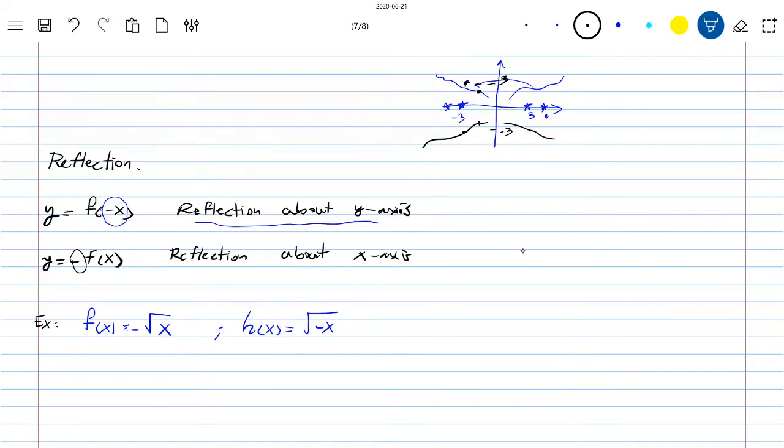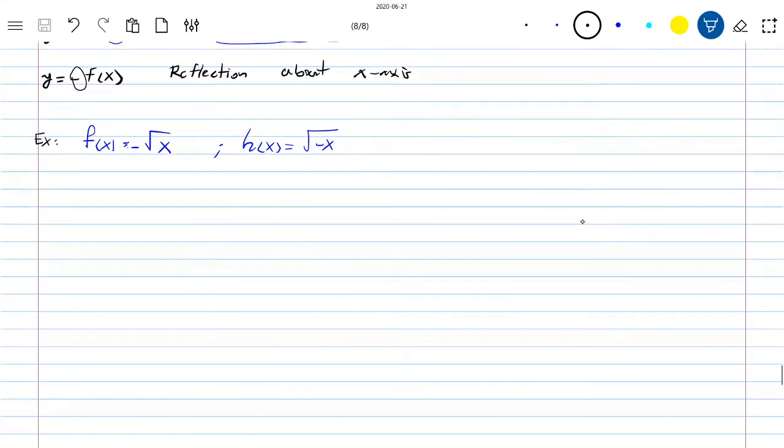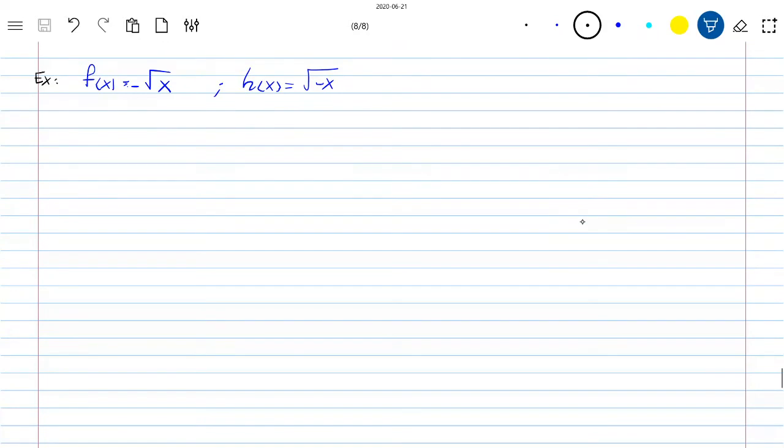These are the only two cases. Either you cause a reflection about the x-axis or about the y-axis, depending on where you multiply the negative sign. Here's a good example. If you have f of x equal to negative square root of x, and you want to graph this through the square root of x function, since you already know how the graph of square root of x looks like,